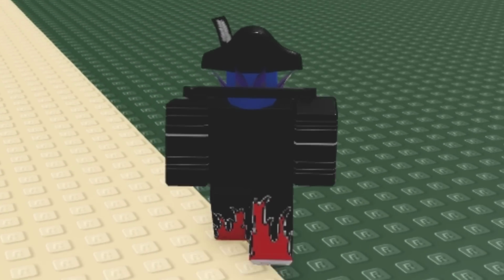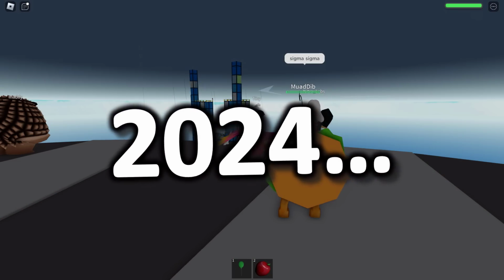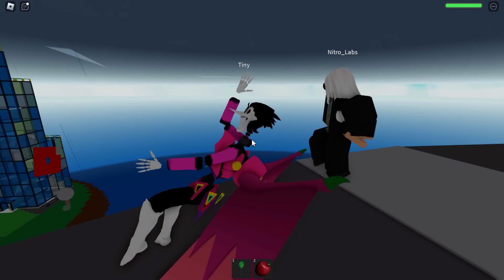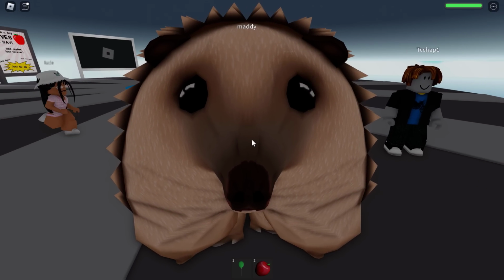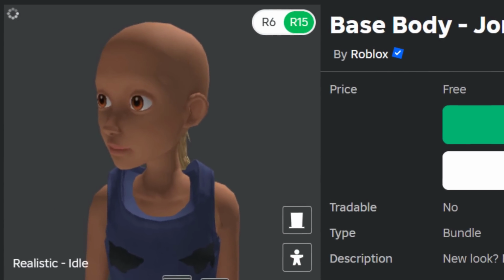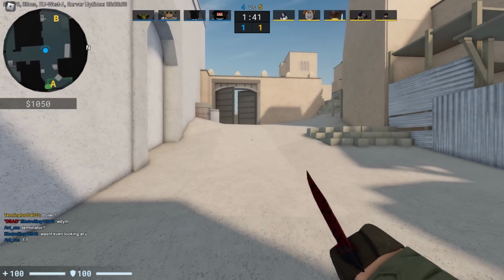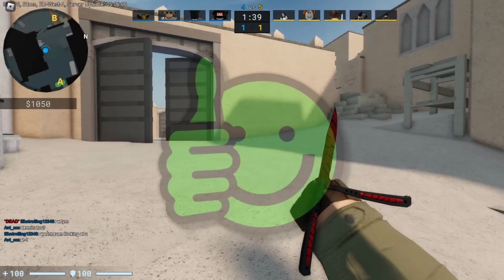Anyway, fast forwarding to 2024, we mostly see awful looking TikTok trend avatars. I know layered clothing's very popular at the moment. We've also got tons of weird Afro bundles that nobody wants to use, but Roblox keeps making them. I don't know, guys. But anyway, there is still a very big community of people that really appreciate the